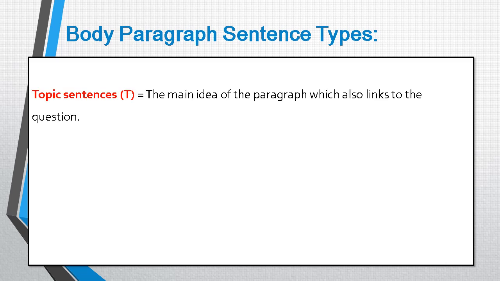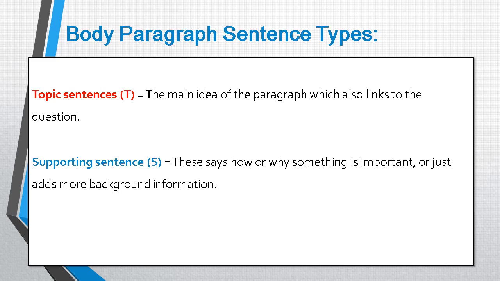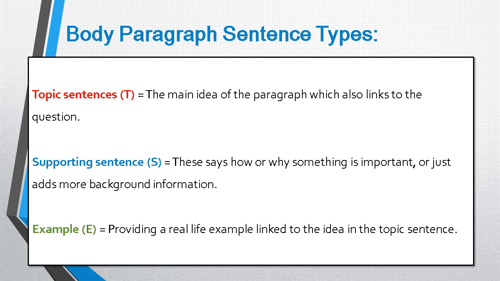To build our body paragraphs, we're going to be using 6 different types of sentences, and they are topic sentences, where you give the main idea of the paragraph and you also link back to the question; supporting sentences, where you say how or why something is important, or you add some more background information; example sentences, where you provide a real-life example linked to the idea in the topic sentence;